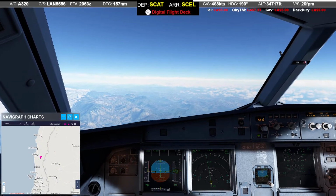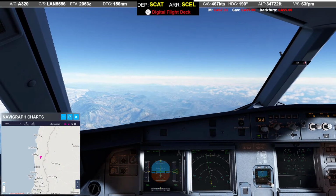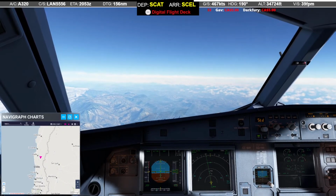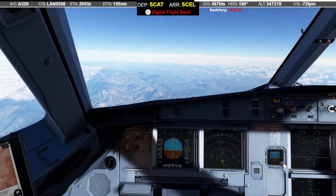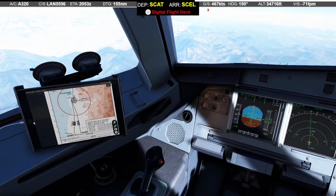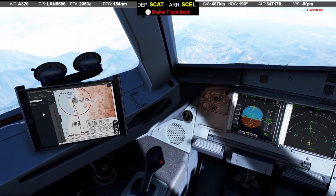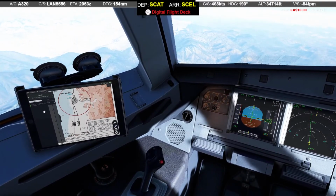Well, we're getting close to our top of descent. And Santiago is pretty much just a straight run down, as we saw when we looked at the charts. Getting that stuttering again. I'm not sure what exactly is going on there. We'll come back to our charts. If we look at our arrival,